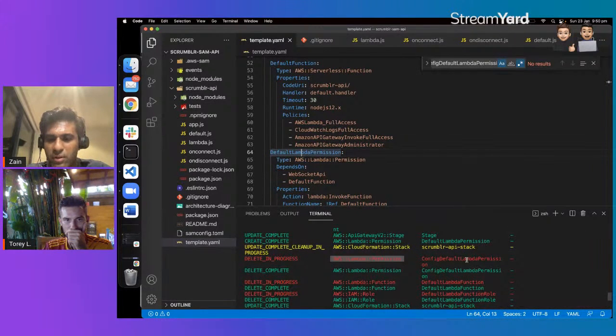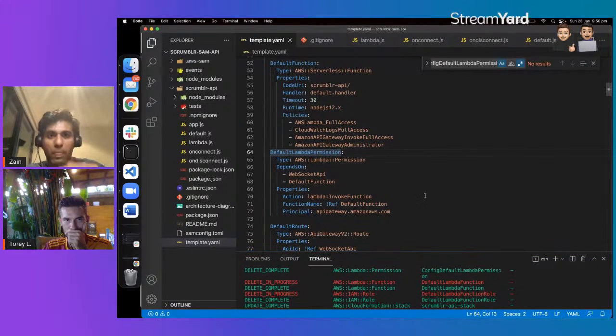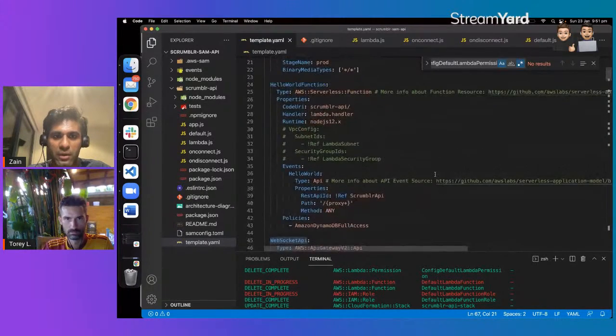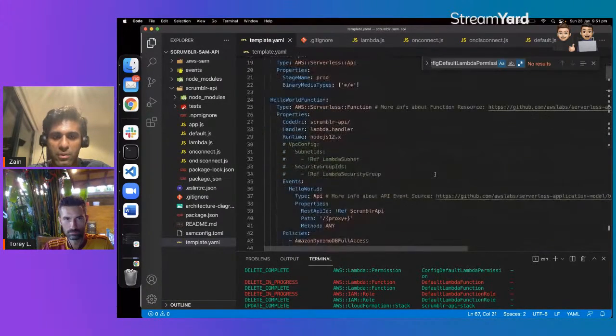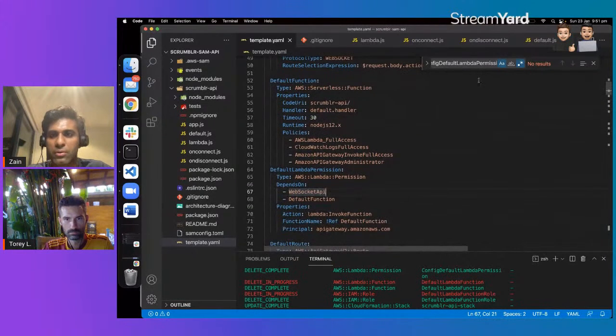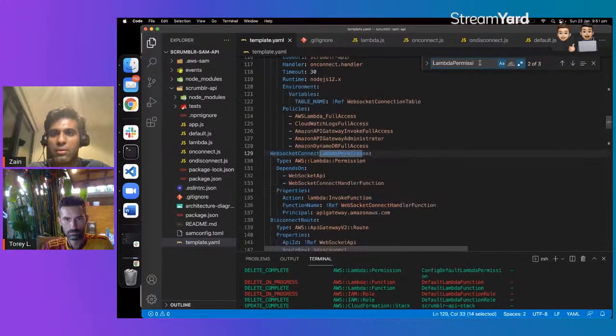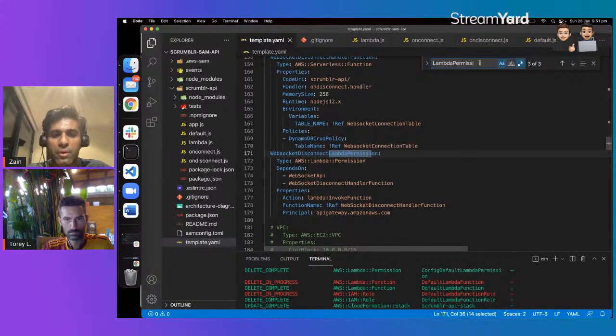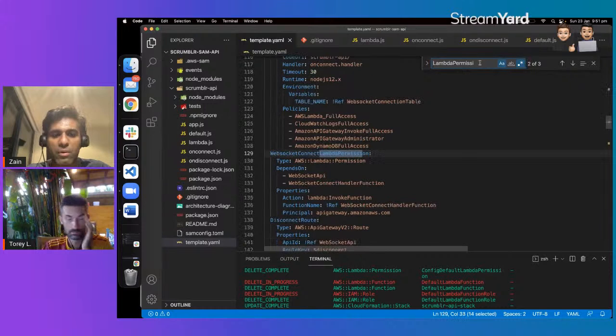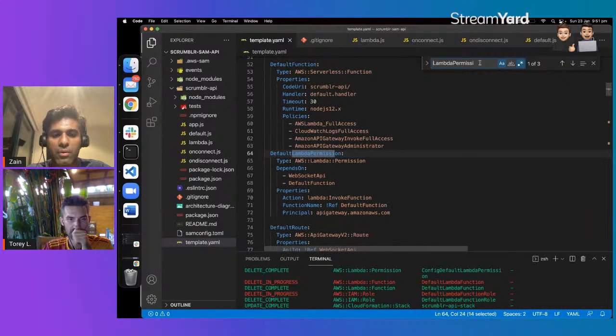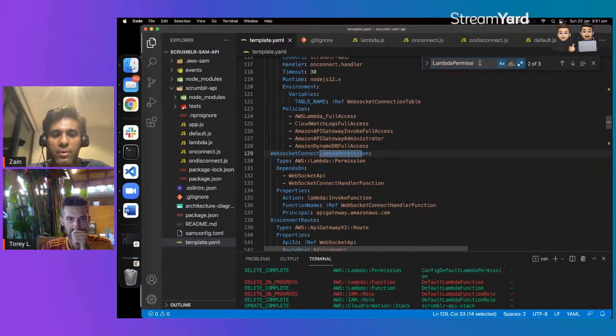Config default lambda permission. Oh, because I'm renaming it. Okay, that can't happen. So if I go to config lambda permission, default lambda, default lambda permission.